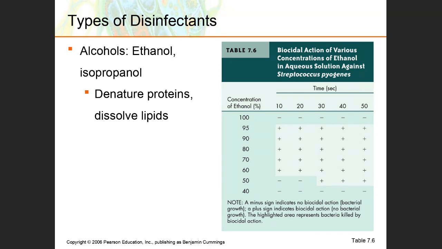If you try and use alcohol above 95%, what happens, especially with gram-positive bacteria, is that the cell wall immediately denatures and it forms a protective shell around those bacteria, and so the alcohol cannot penetrate into the cell and kill them. Yep, 70% rubbing alcohol is fine,